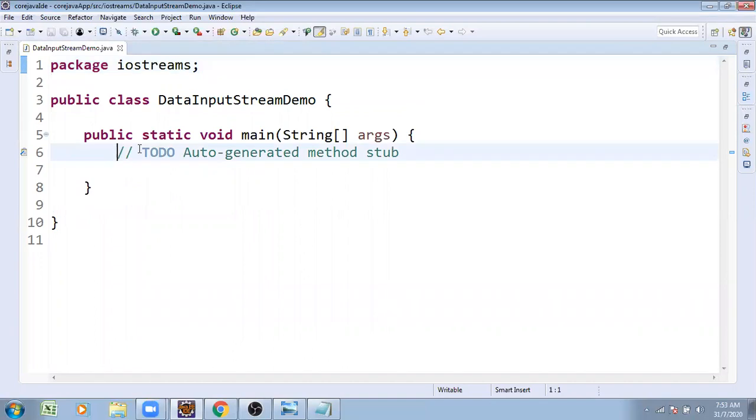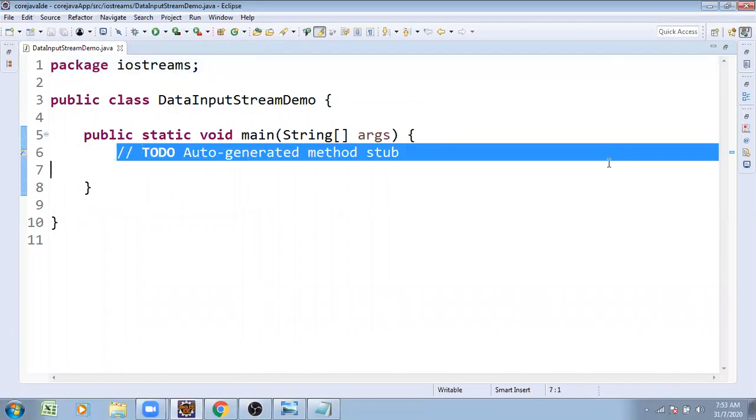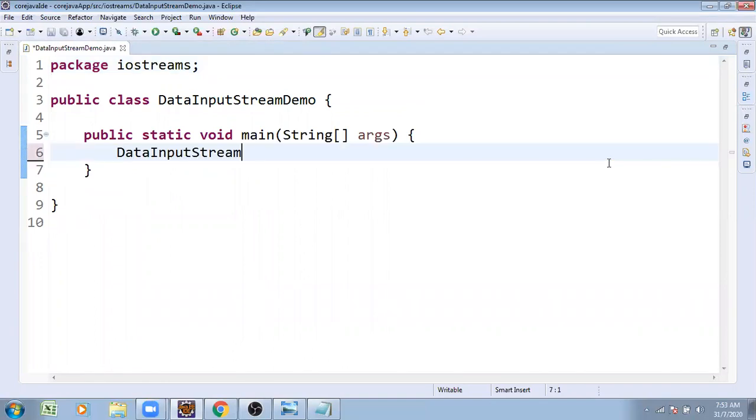I want to take the data input stream. DataInputStream already exists as a class. DataInputStream dis equals new DataInputStream of resource, from where I want to take the data. I plan to take the data from the keyboard, that's why I'm using System.in.